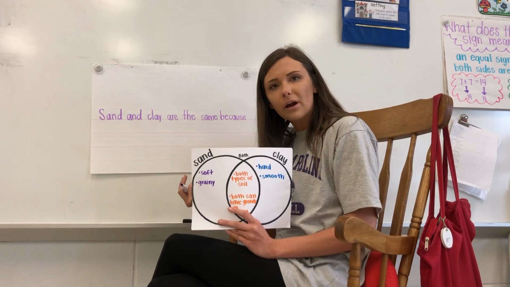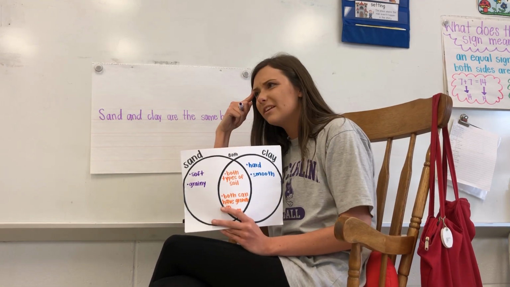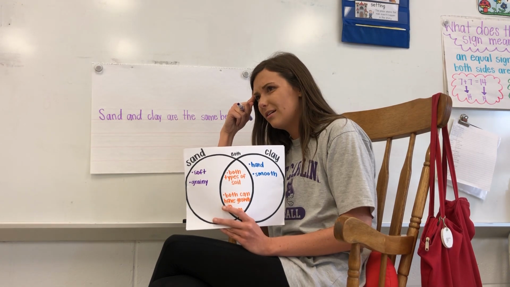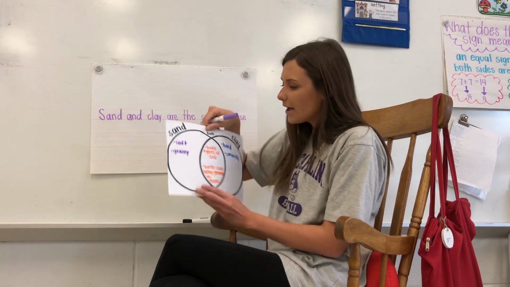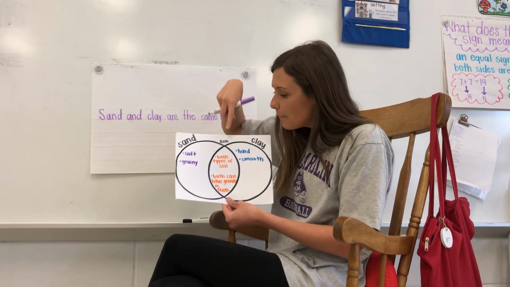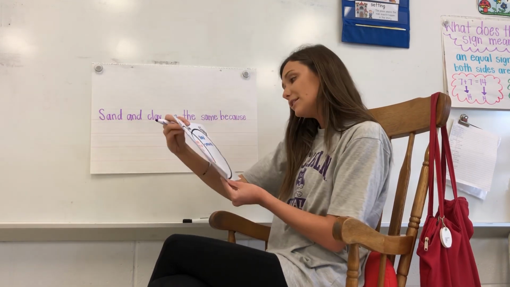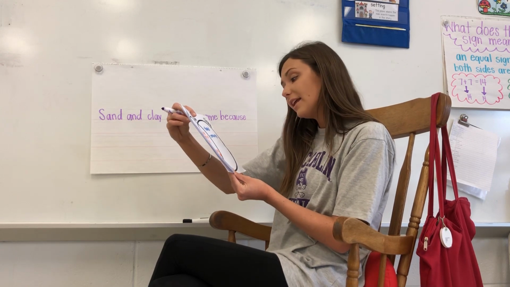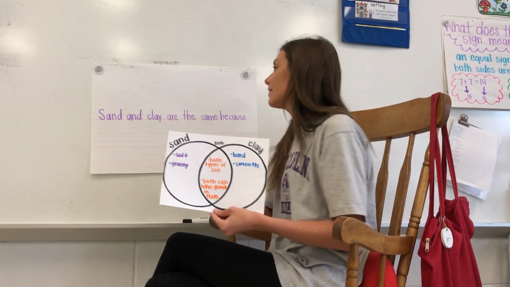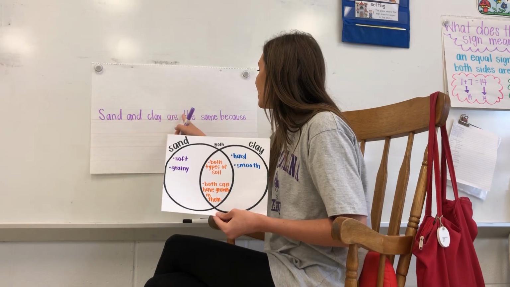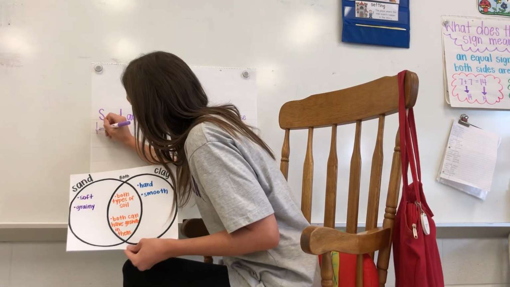What if I don't remember? I don't remember what I put on my Venn diagram. What should I do? Oh, I should probably look at my Venn diagram. Both is in the middle, so I know I need to write about that. So both types of soil, both can have growth in them. Things can grow in them. Sand and clay are the same because they